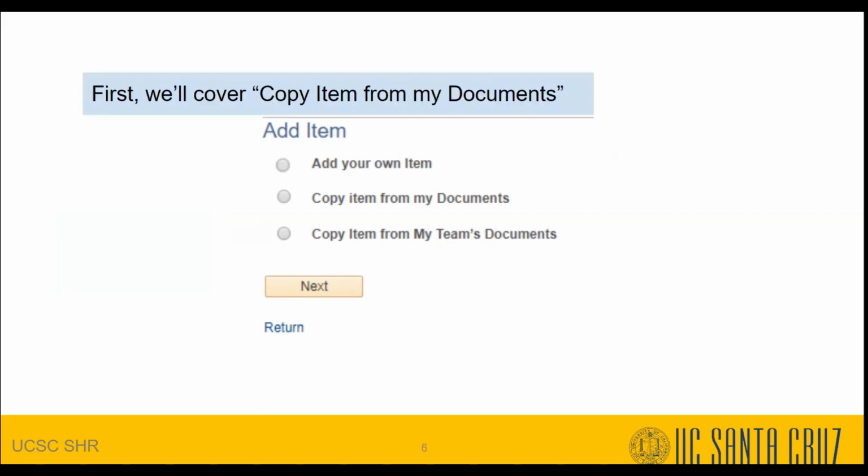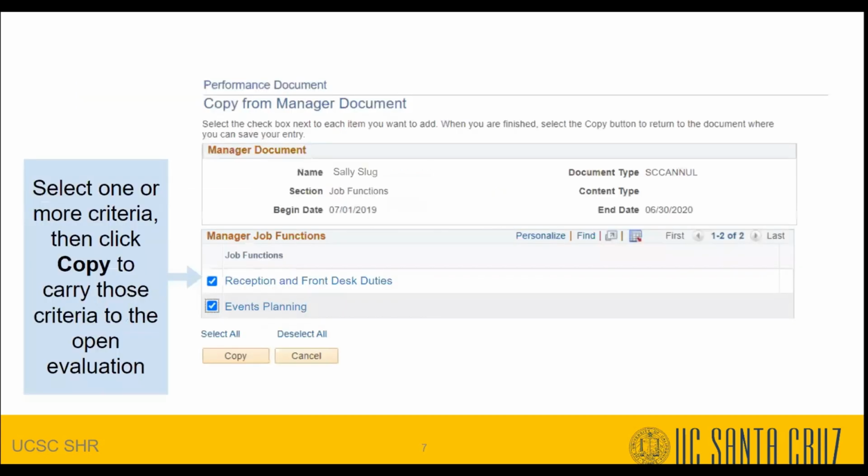So let's try the second option listed. Copy an item from my documents. When doing this yourself, mark the radio button and click Next. After clicking Next, you will be shown a window like the one pictured here, which will be a snapshot of